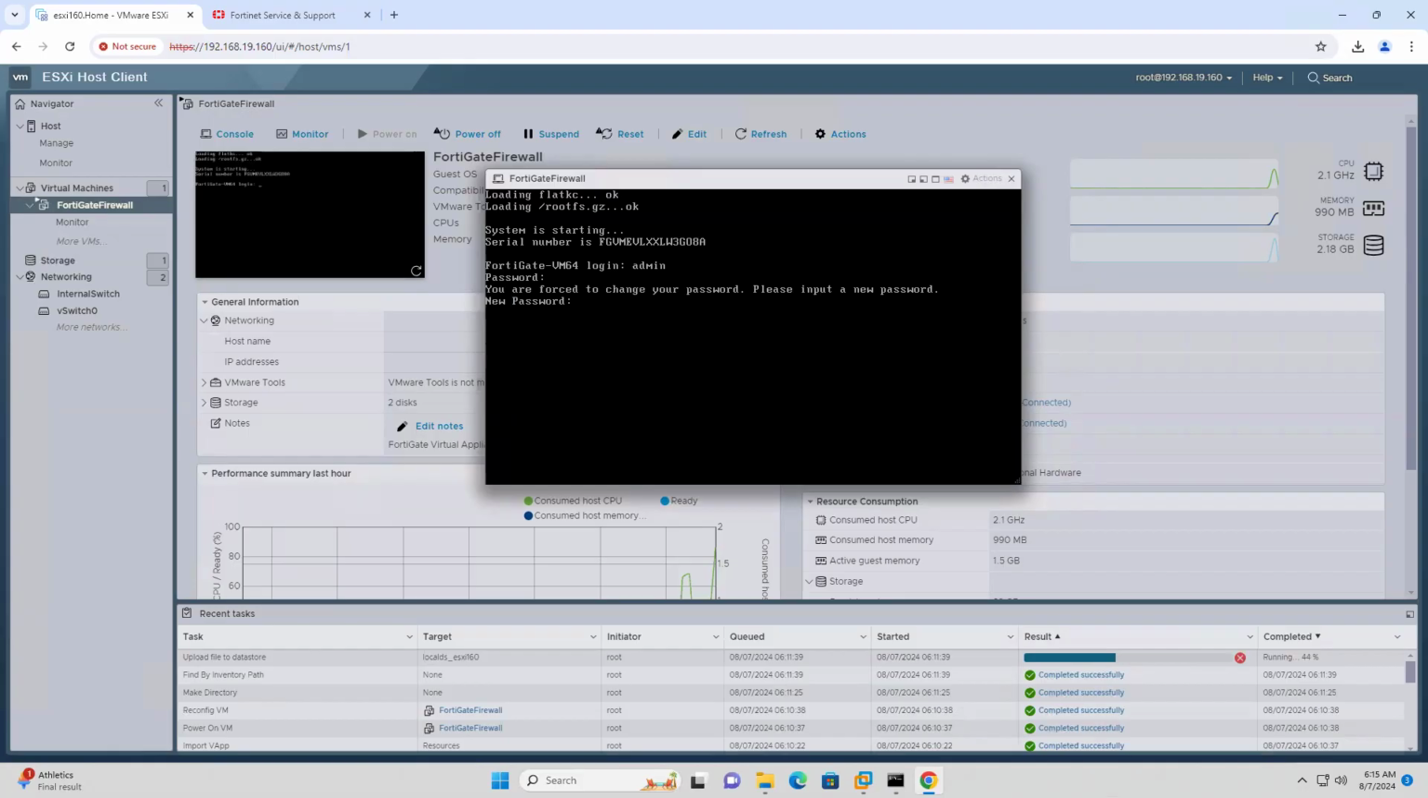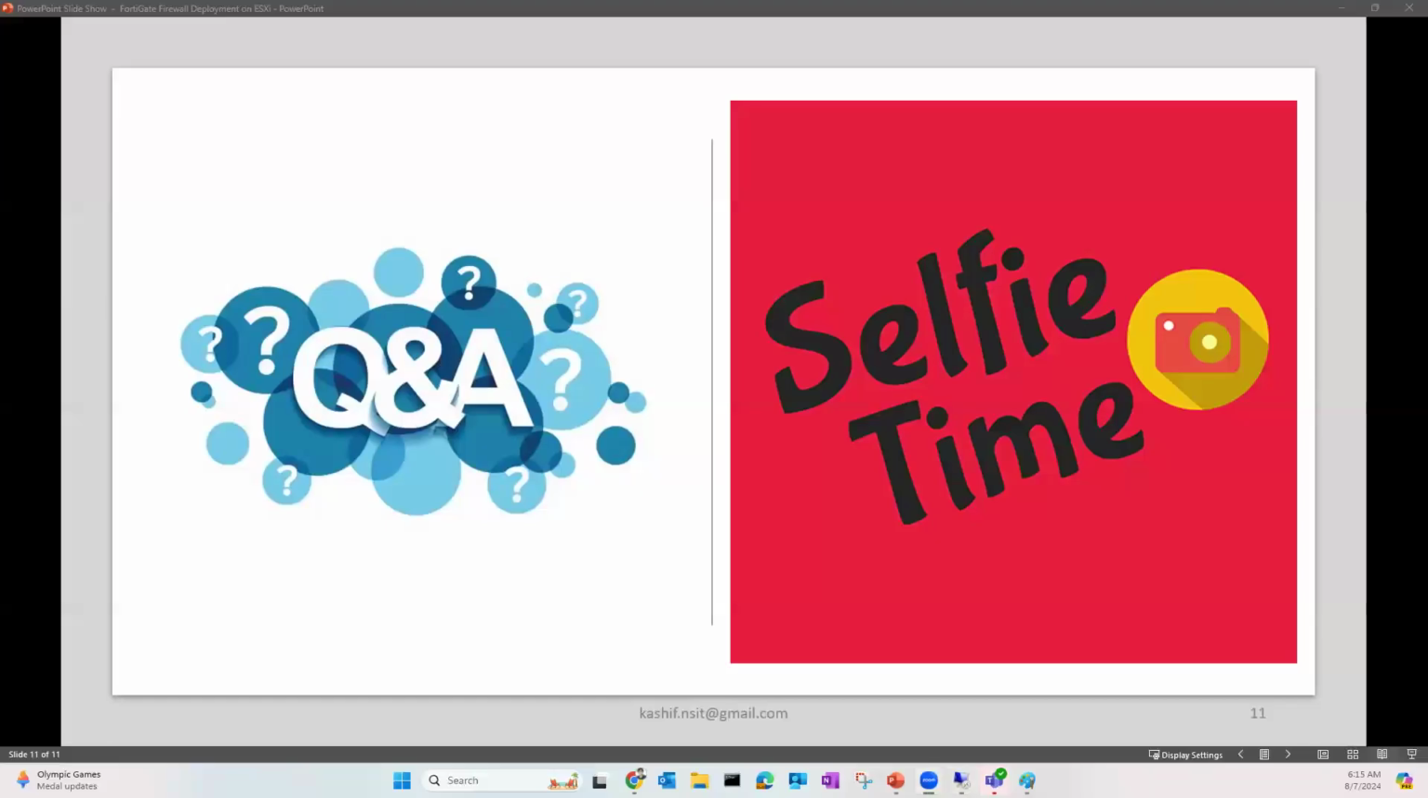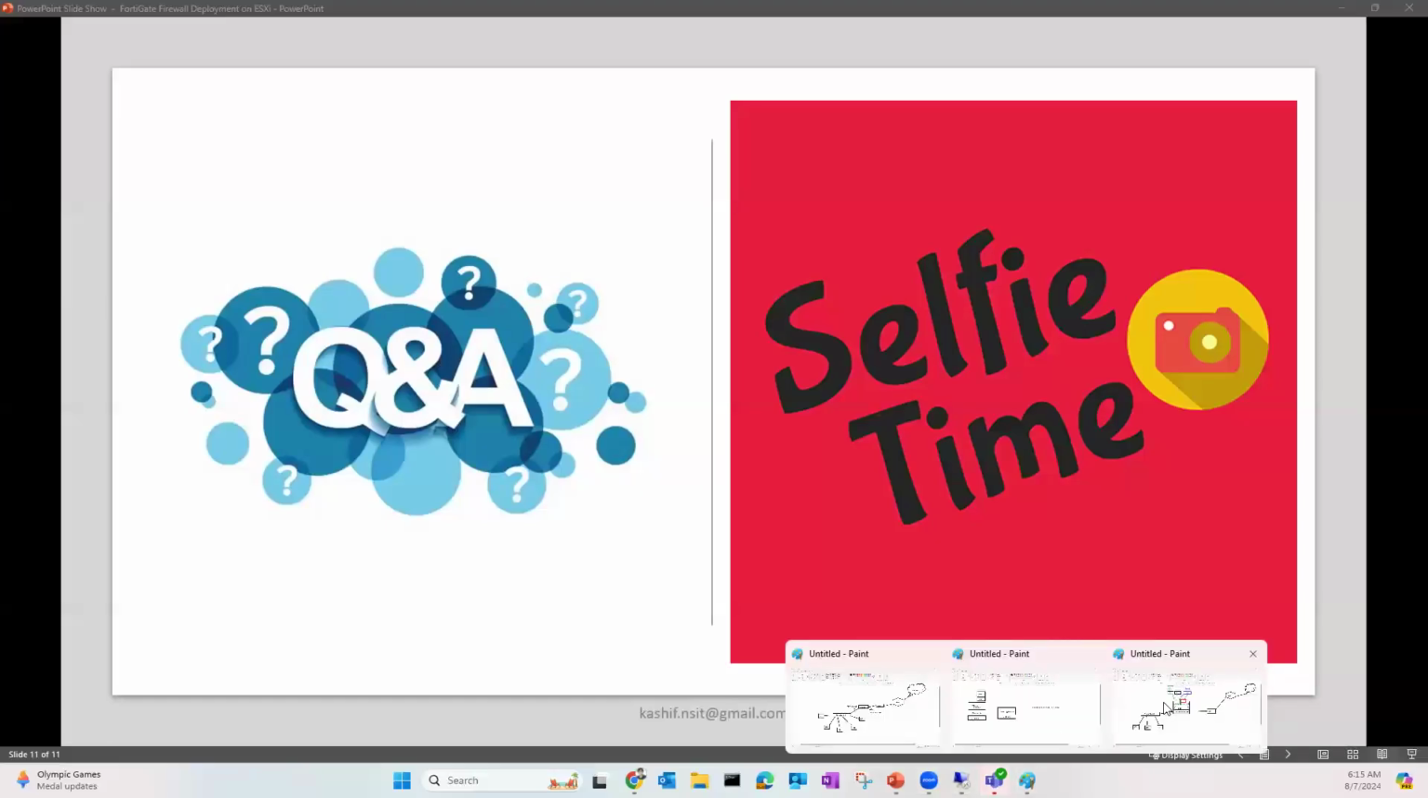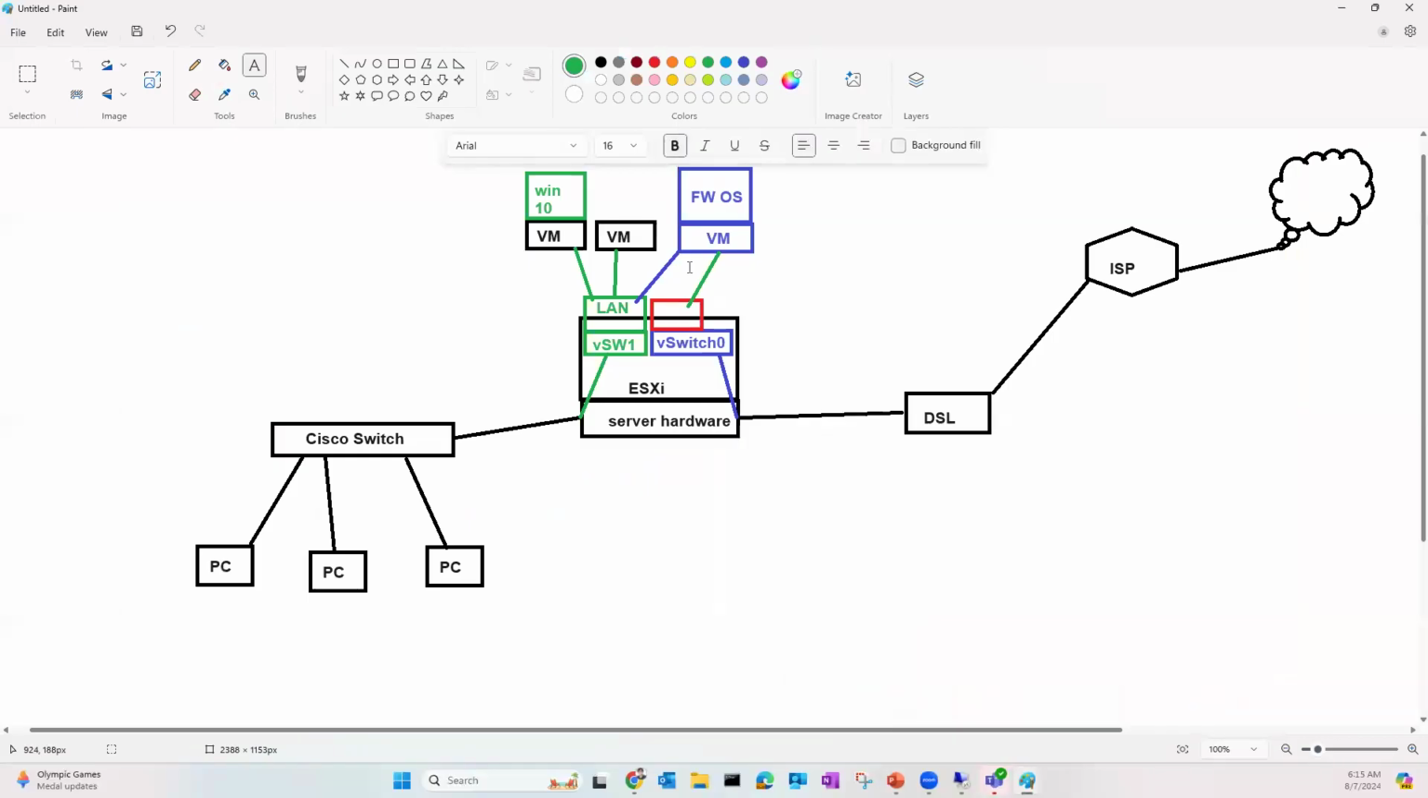Okay, let me tell you one thing. What are we trying to do? This is the FortiGate firewall. We are going to assign an IP address to the WAN interface. It will be 19.165/24, and the gateway will be, that will be the IP address. And the LAN IP address of the firewall will be